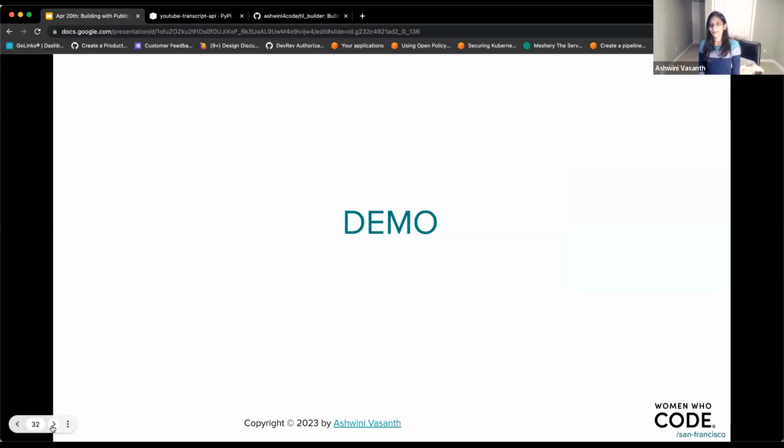Now it's demo time. So we've identified the APIs. We've actually built some code with it. We've made it open source. So just a couple of words on making it open source. The good thing about open source is it allows you to collaborate with everyone. So I have put out some code. All of you can look at it. You can critique it. You can add to it. You can build on the existing foundation, make it much better. So something big could come out of an open source project.